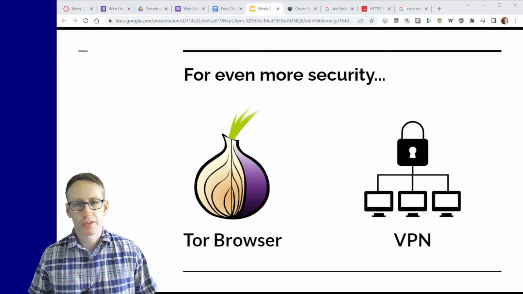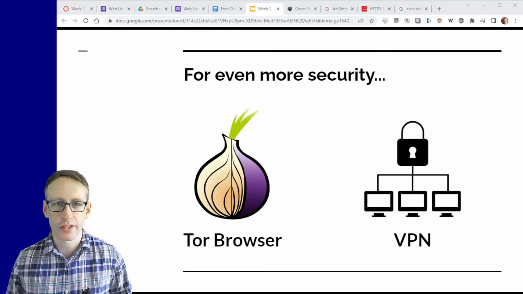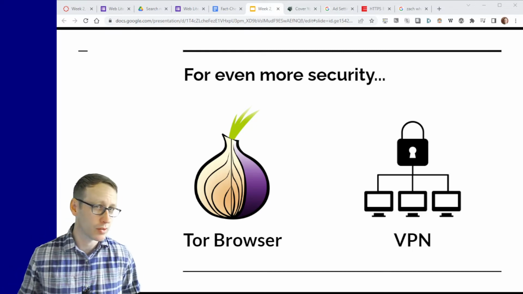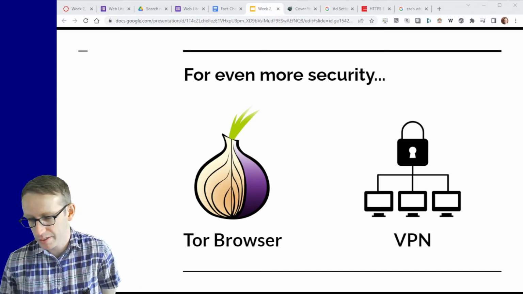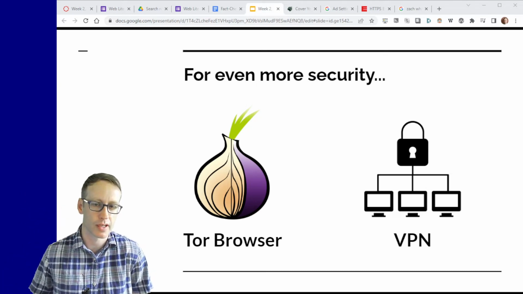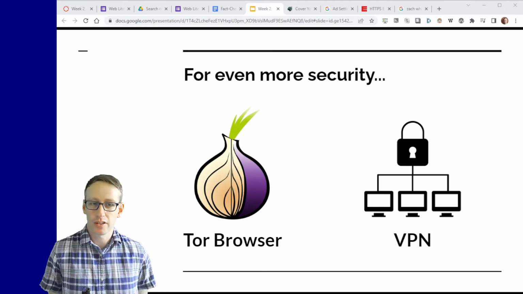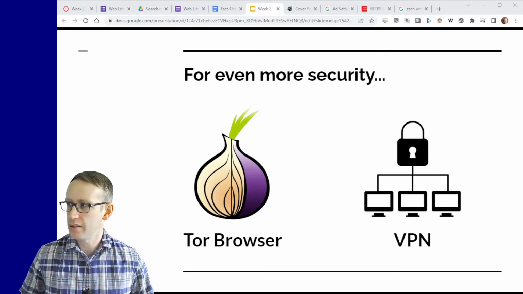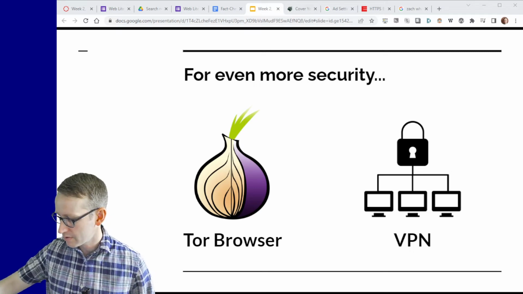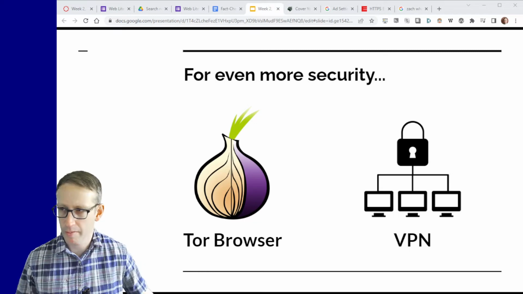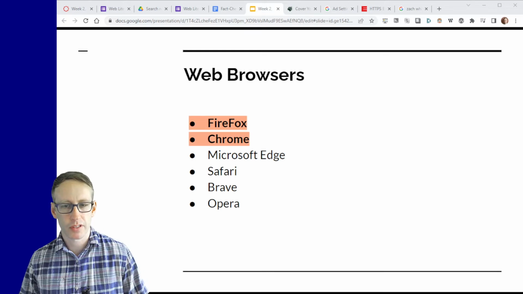Okay, now if you really want to be super secure, there are other things you can do if you're doing something sneaky. And this is if you are interested in researching the dark web or anything. I'm not going to recommend you do that, by the way, and I don't encourage you to do that. But if you were interested in that, or if you were looking at something that you thought might expose you to risks of different kinds, the Tor browser, using the Onion router network, and a VPN that you trust, those are the best ways to do that. But even then, those aren't foolproof measures of protecting your privacy in terms of browsing. So it's always something you have to be careful about. But yeah, the Tor browser is interesting, but it's very slow. If you are interested in this, the Brave browser.